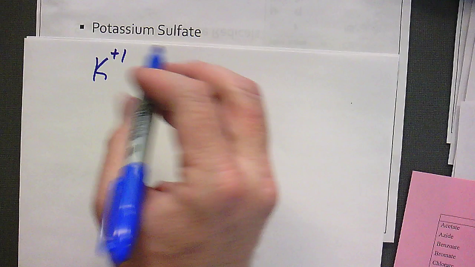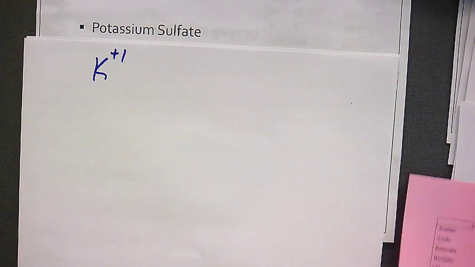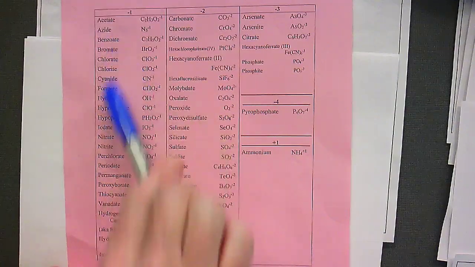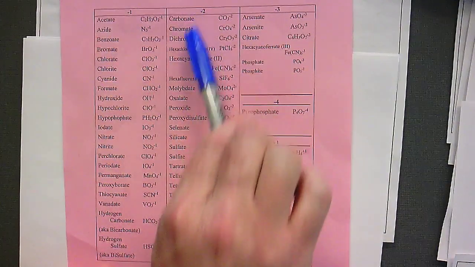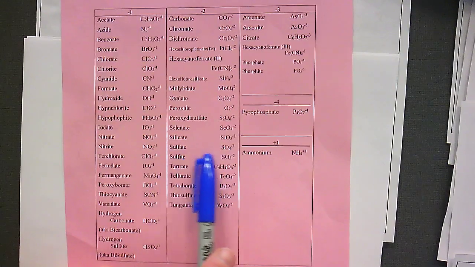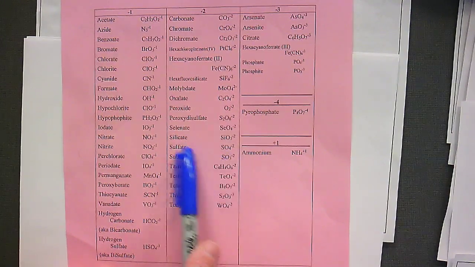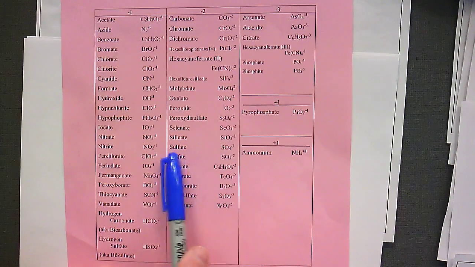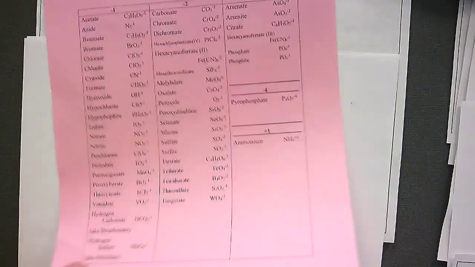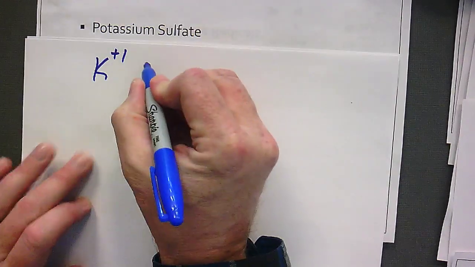All right. And then sulfate. Oh, it ends in ATE. That tells me I need my other sheet. All right. Sulfate, I go down the first column, no S's. Go down in the second column, oh, selenate, silicate, sulfate. Go straight over. Do not go opposite a little bit. Make sure you go straight over. And it is SO4 with a -2 charge. SO4,